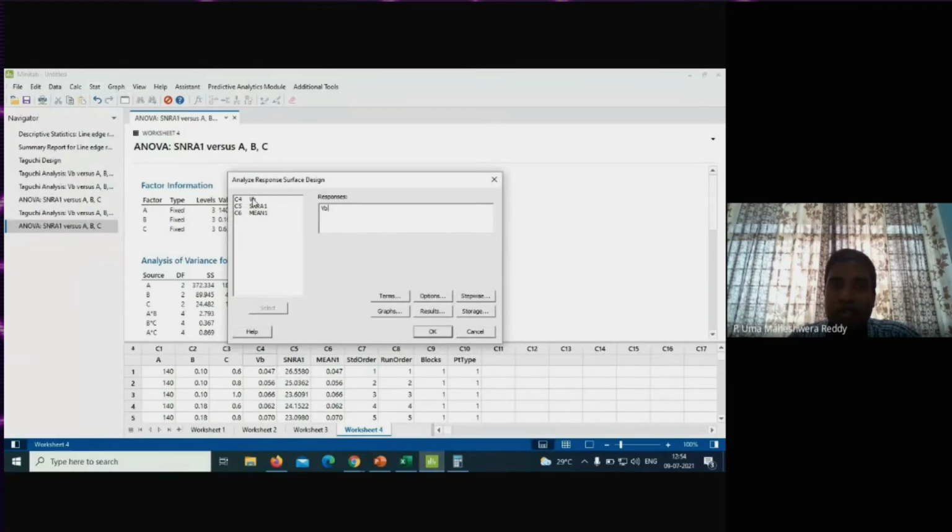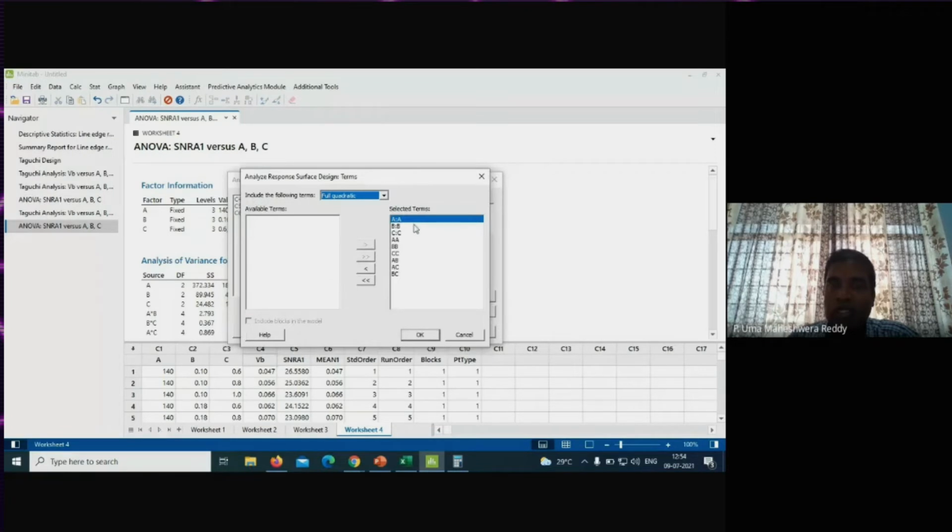So let me select the output as the VB. So now go to the terms. Yes, I selected all the terms, you see, and I selected full quadratic equation. So faculty, please try to understand the process, data distribution, and you have the normal distribution. If the distribution is linear, that means the relationship between the input and output is in a linear way, you select linear.